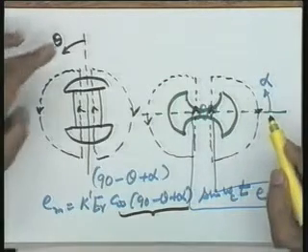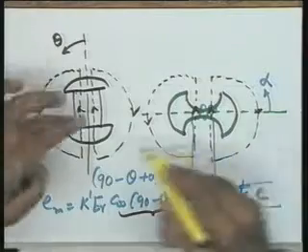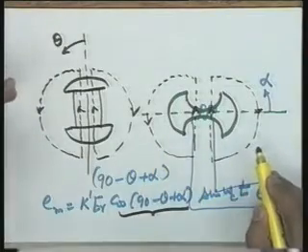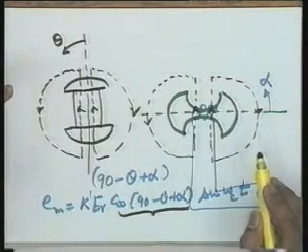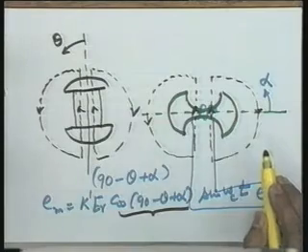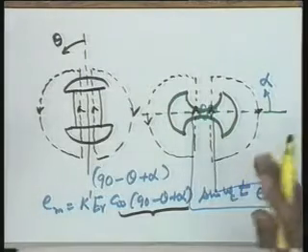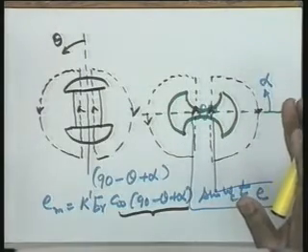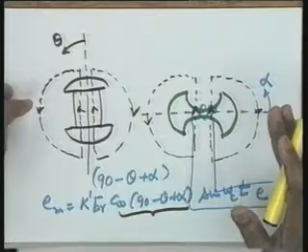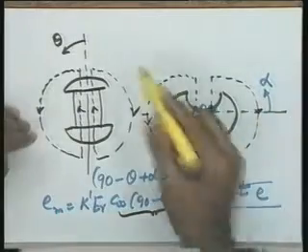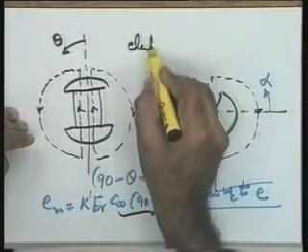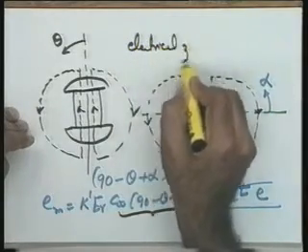So when theta and alpha have a 90 degree angle between the two rotors, that is, theta and alpha correspond to a 90 degree angle, then the synchro pair is said to be working in the electrical zero position. I make a statement over here: electrical zero position.